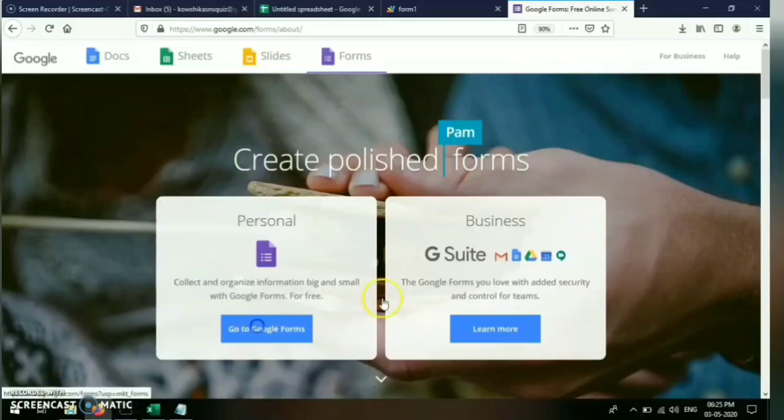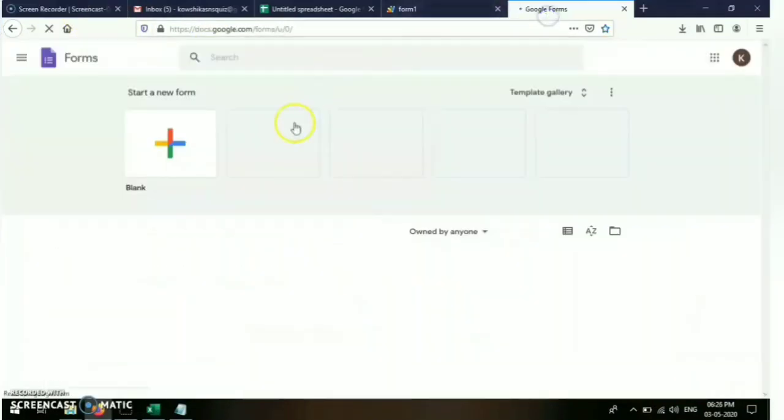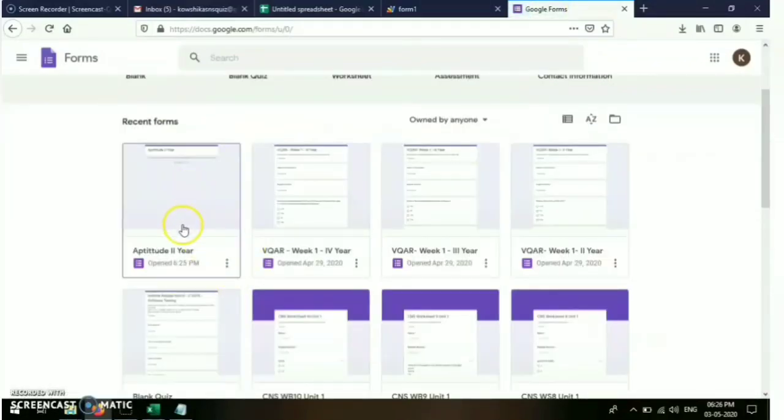Go to your Google Forms. You can see the Google form which we have given is aptitude second year.